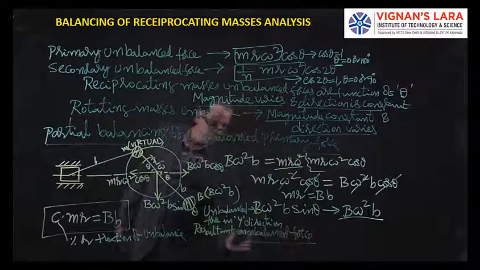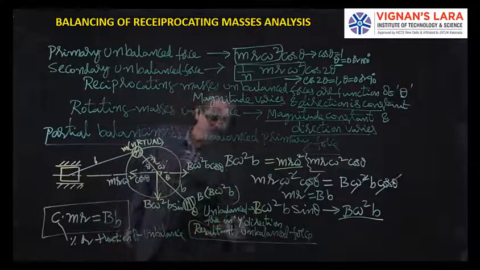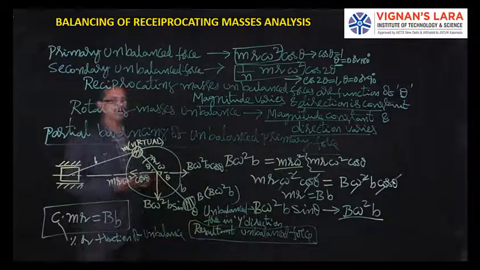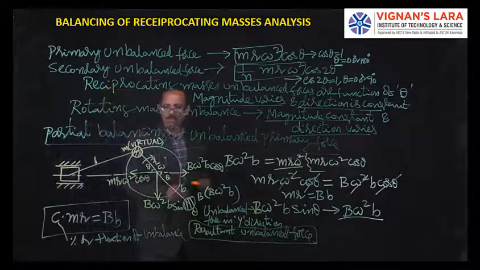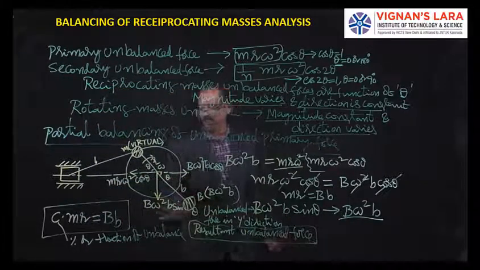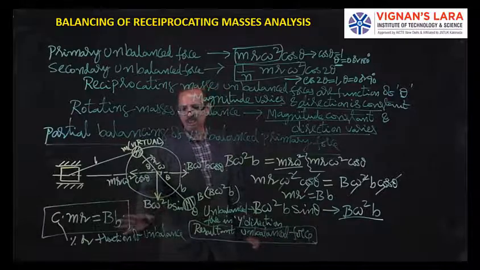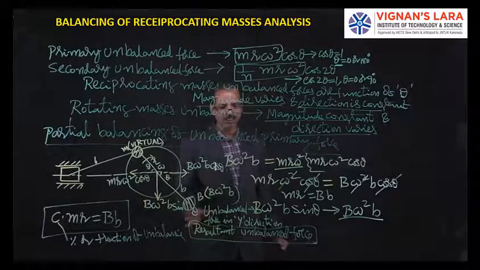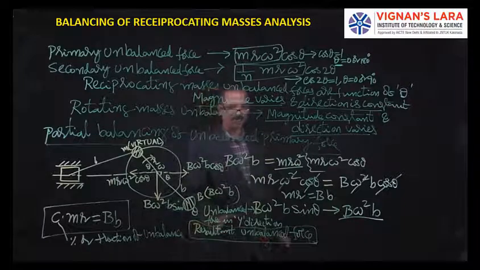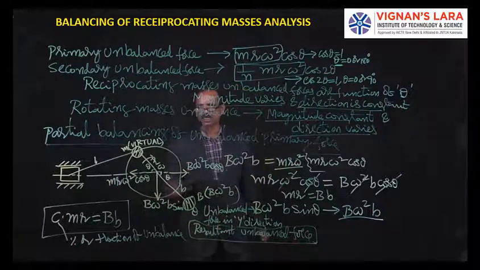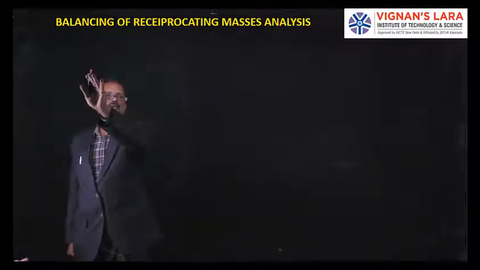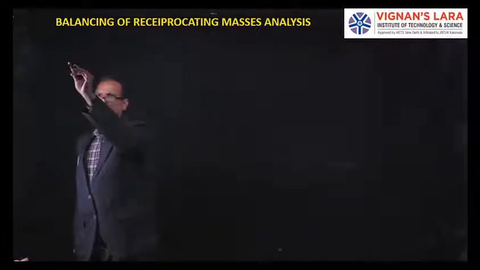What is the resultant unbalanced force? That happens because of the partial balancing. So here we have balanced partially in the x direction, and we created partial unbalance in the y direction. Then what is the net resultant unbalanced force that develops because of the partial balancing, that we will proceed. So let us find out the resultant,